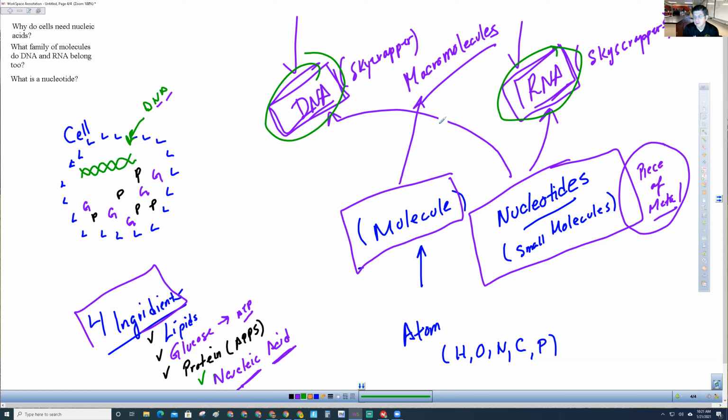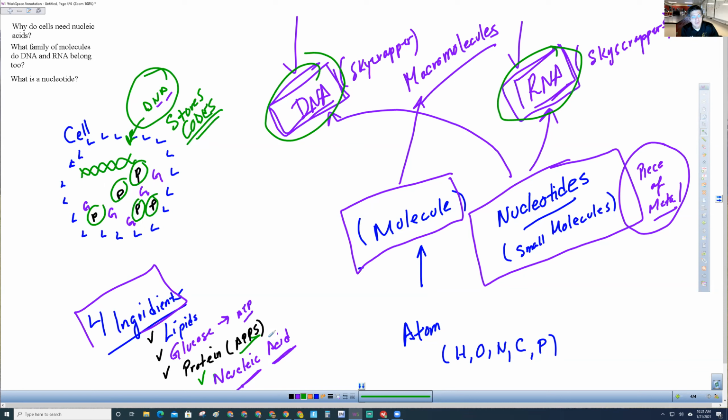Remember we talked about this. Remember the idea of apps. In order for you to have an app on your phone, what do you need? Codes. So DNA stores the codes so that you can have these apps, because you can't have these apps unless you have the codes to make them. Does this make sense? Okay, that's how this makes sense.